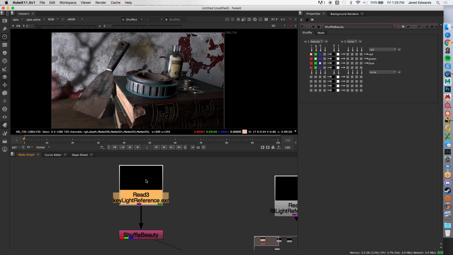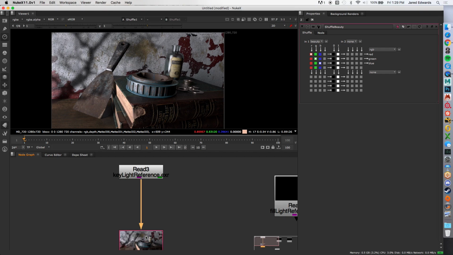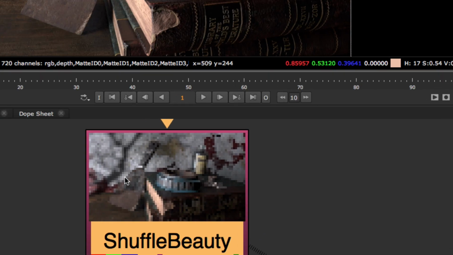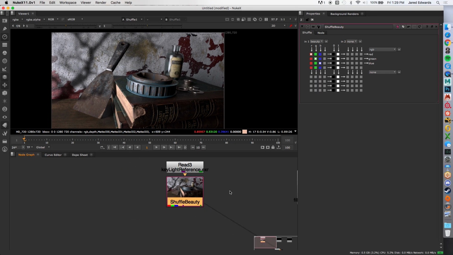But if you click on the read, I don't need to see black. That doesn't mean anything to me. So I'm going to click on this and do Alt-P to remove it. Click on the beauty, because this is the one with the image, and I'm going to do Alt-P on that guy. That one I think is nice to look at, the little preview. It's so pretty, isn't it? So much beautiful detail in that. It's all pixelated. But,